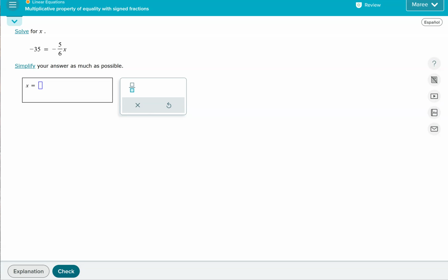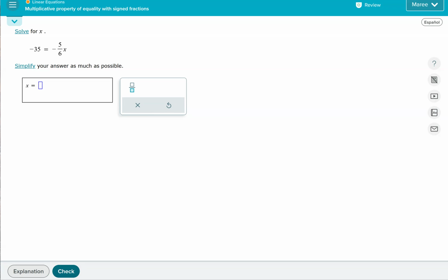The topic is called multiplicative property of equality with sign fractions. And we're just going to stop right there and say the word multiplicative. Like literally, it is the coolest word ever, and it feels so cool to just say it. So just pause the video, say multiplicative. It's pretty awesome. So equality, when you see property of equality, that just means there's going to be an equal